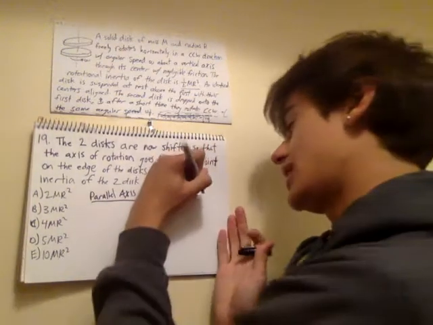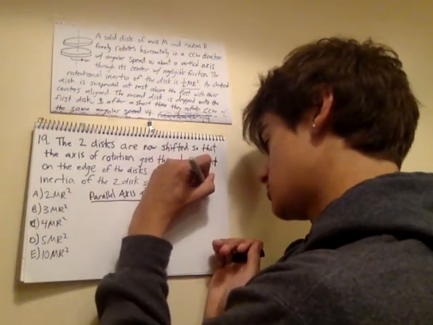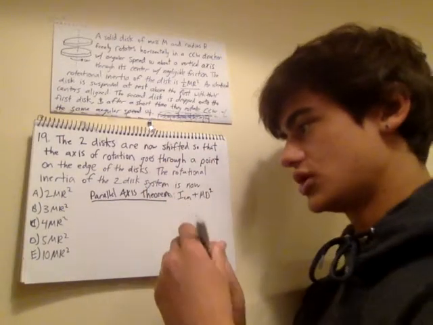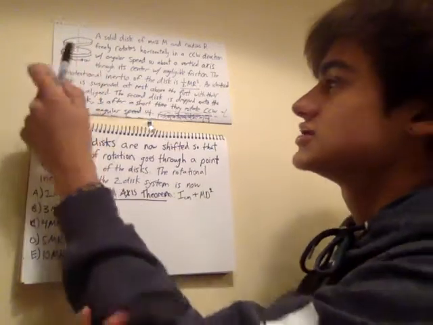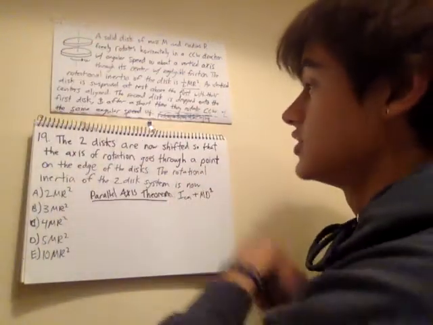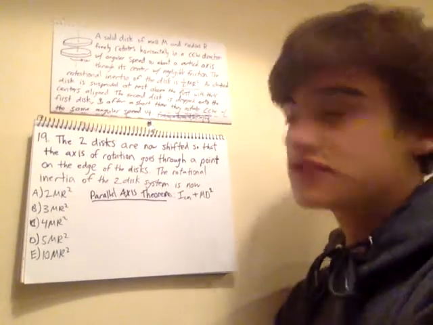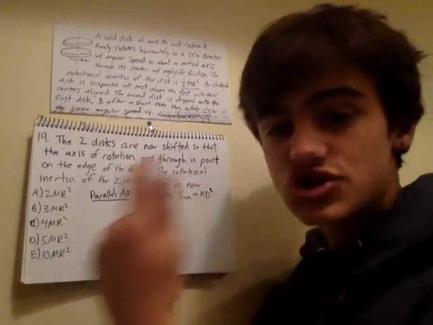So you add md squared. So what this is saying is, let's look at this diagram, for example. If we know the moment of inertia for the center of mass, which we do, it's 1/2 mr squared,